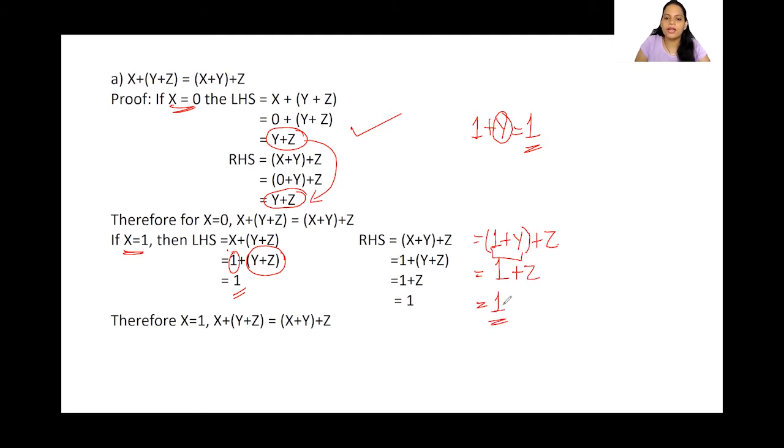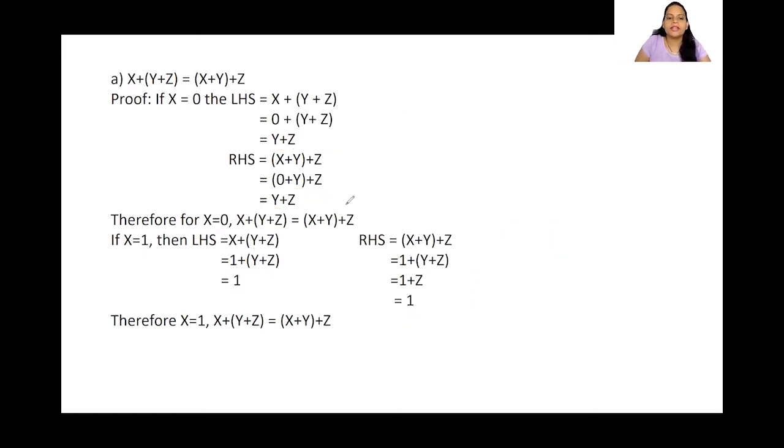One way is doing that. Another way is you can take these two as a single variable, so whenever it is 1, we can directly write the value 1. So in this case also, both the sides give the value 1. That is why we are saying this is also proved for the value x equals 1. Clear? So we have proved this law for OR operation.